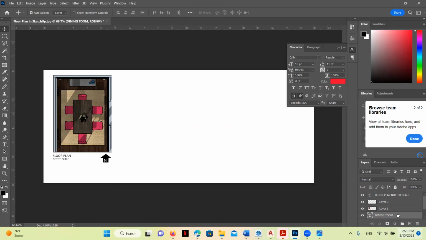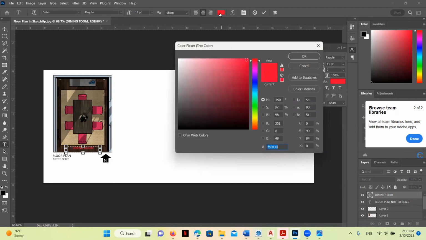And you still might not be able to see it very well. Let me try to move that up again. Oh, my computer's moving slowly. Okay, so we have a couple problems with this text. The first is that there's a typo. So I'm going to double click on that and change what it says. I'm going to change it from dining tomb to dining room. I'm going to change the text from red to black.